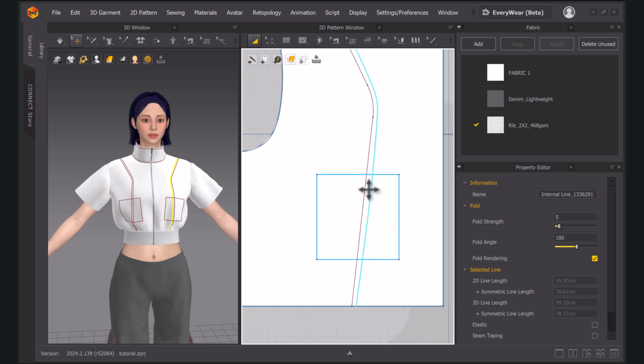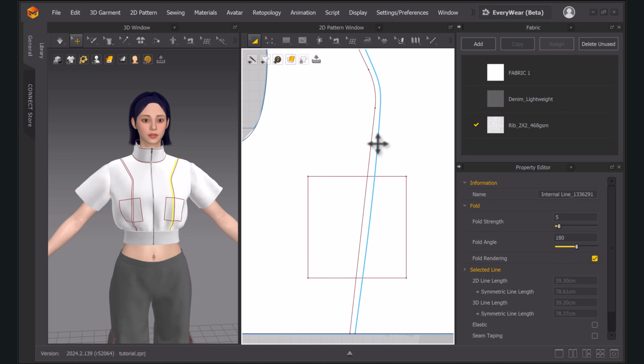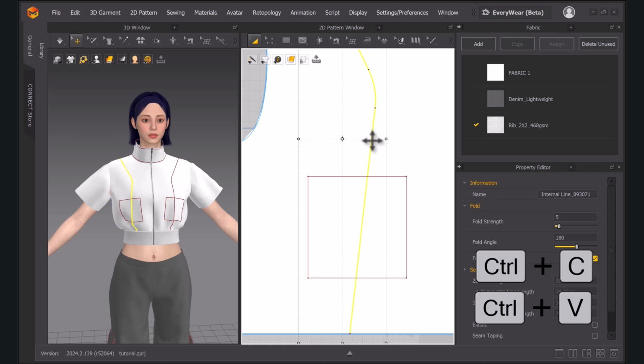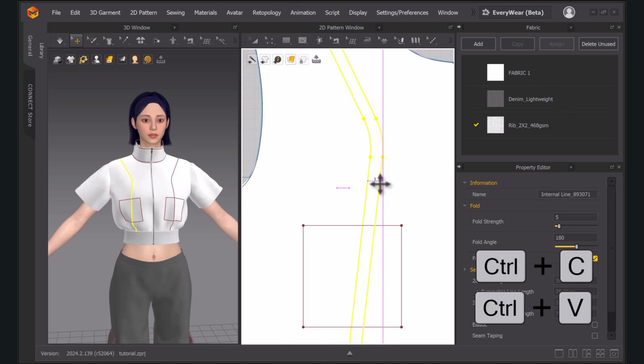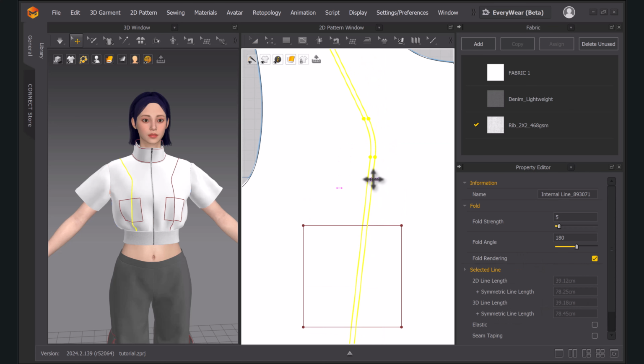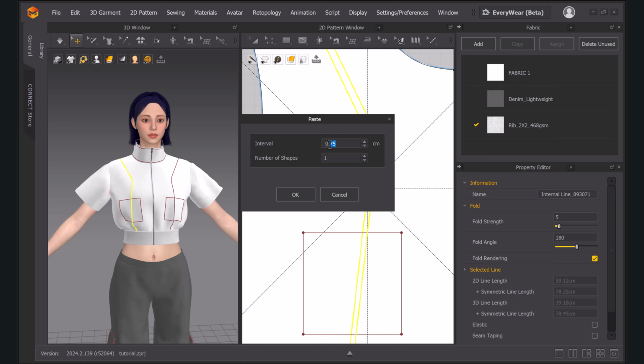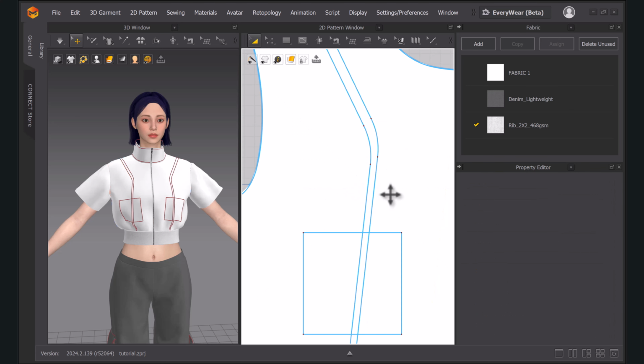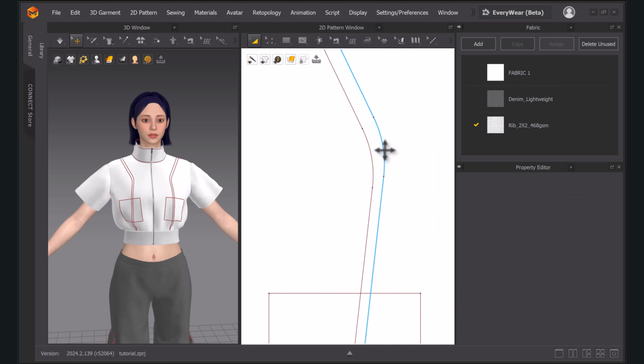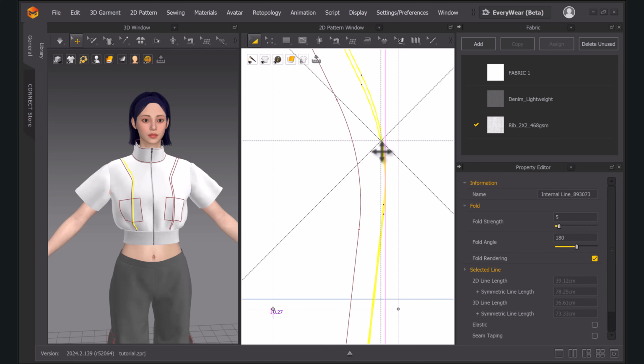I really don't like this. So what I'm going to do is to copy with Ctrl C and paste it. Let's see if I can make a better one. Or 1 centimeter. Which one do I like more? I think 1 centimeter. Okay, as you see, I'm not better than